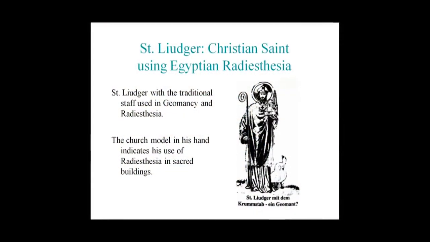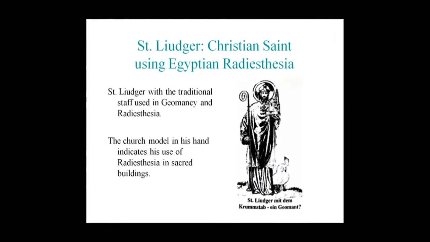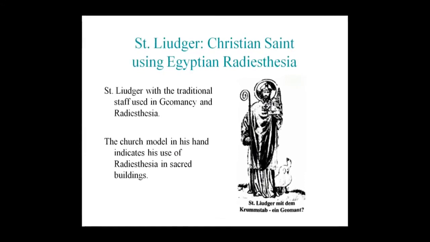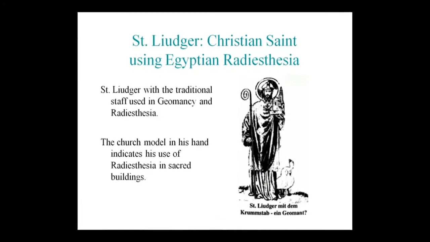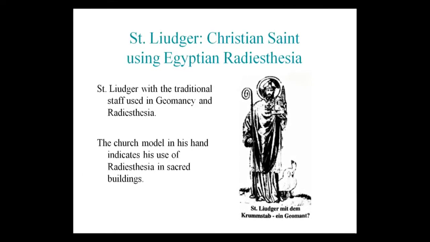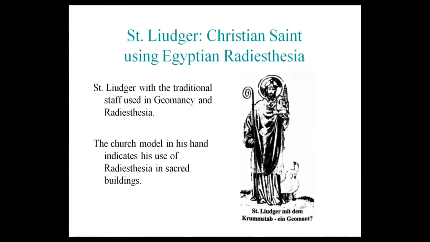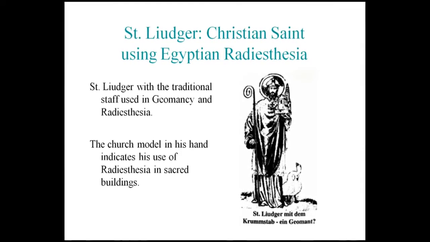This particular slide comes from a German woodblock print of Saint Luiger. Saint Luiger is a Catholic saint who is connected to the building of the cathedrals. And he's shown holding two forms. One is the cathedral, and the other is a staff of authority that has a very specific geometric form to it. The top of the staff has this type of spiral movement that works as a type of antenna to